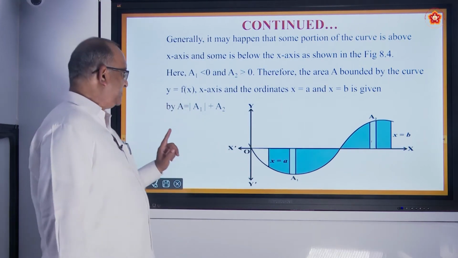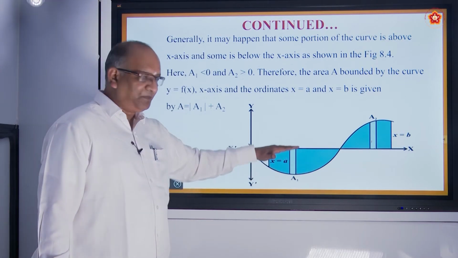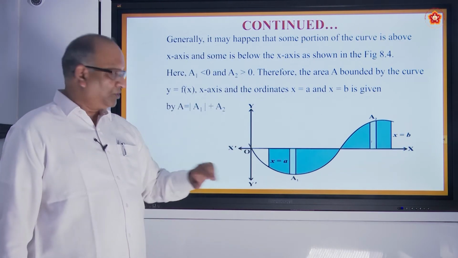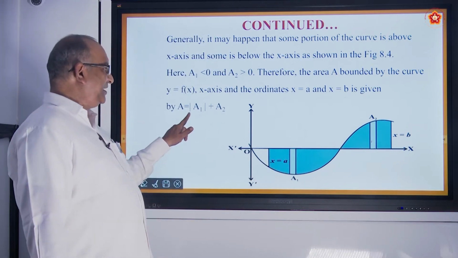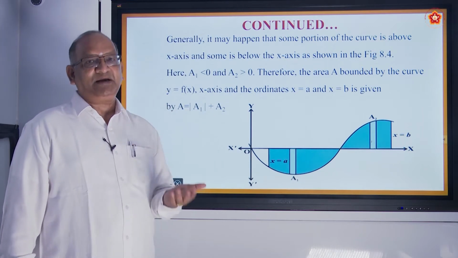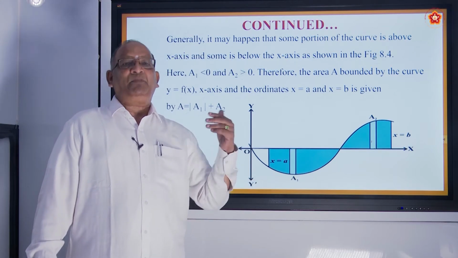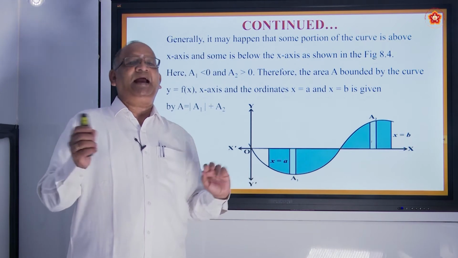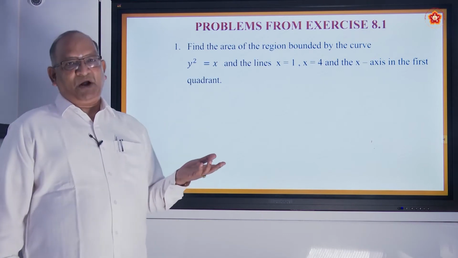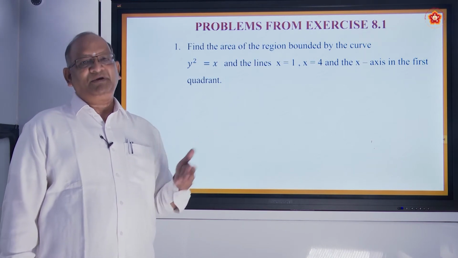So see the change. It is modulus of A1. A1 is this area. Why modulus? Because it is below the x-axis. And A2 is directly added because that is anyway positive. So this which is negative, by taking the absolute value becomes positive, plus A2, it gives you the total area. So in this particular manner, when something is negative and something is positive, make the negative positive by taking the absolute value and then add the positive. We will solve some problems where we will come across all these situations which we have described, and you will be able to understand better.